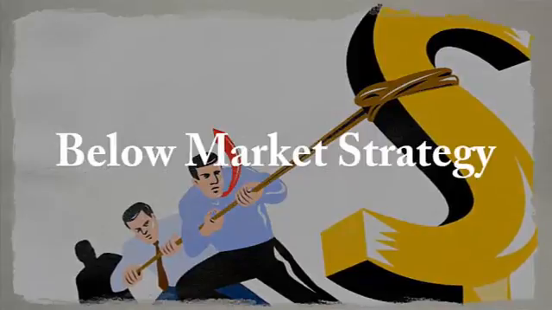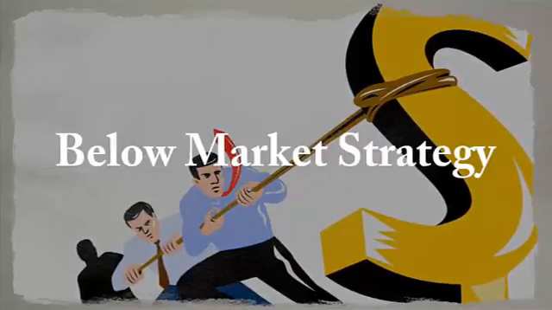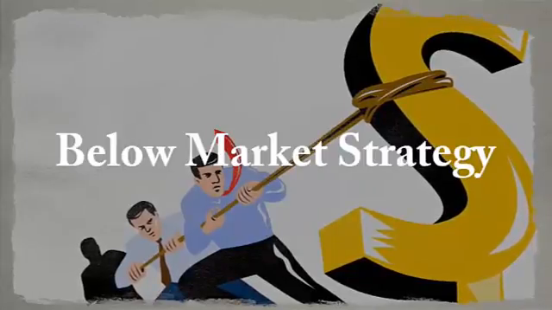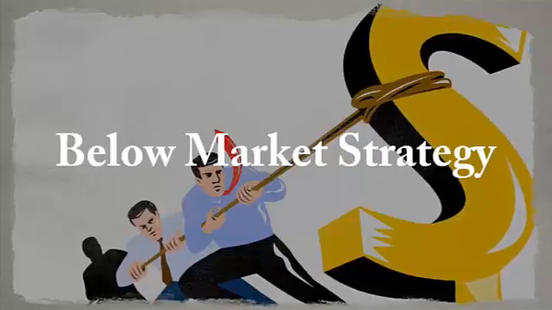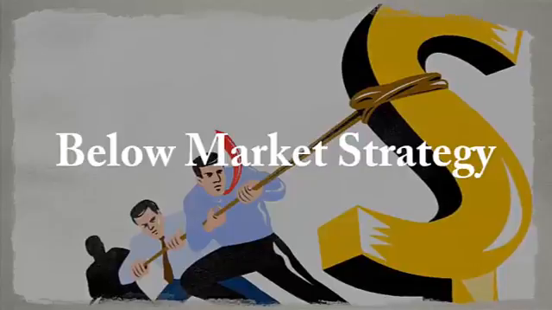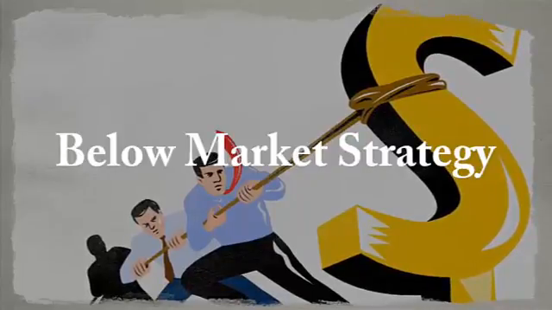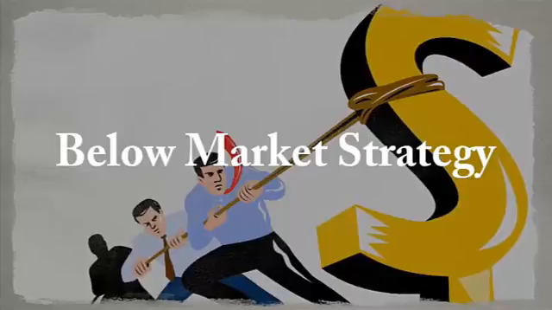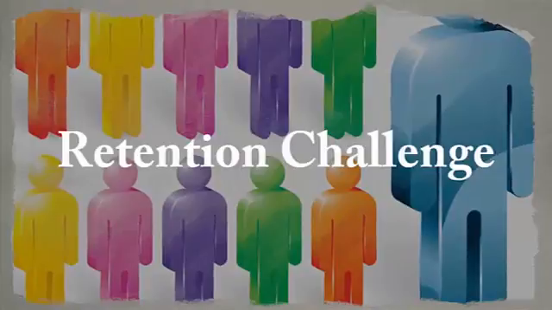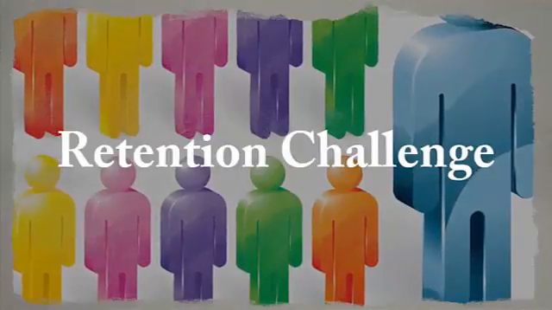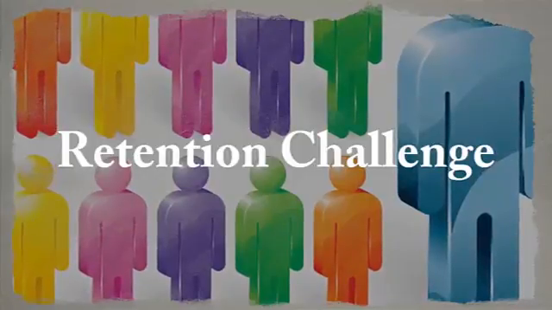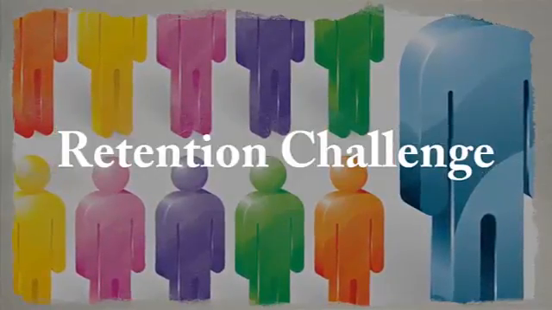Some organizations choose to have a below market compensation strategy, meaning that they pay below the market averages. In this case, the organization is committing to creating a specific type of work environment and benefit package that is attractive to specific types of target labor demographics, and they do this in order to be competitive in the market. The retention challenge is that you have to hire the right types of individuals with priorities and values that match the organization. Otherwise, you will lose them substantially sooner than the 4.2 years.